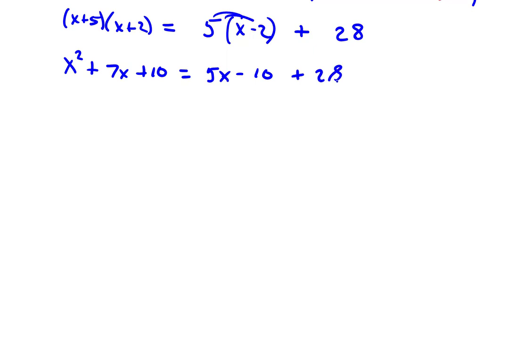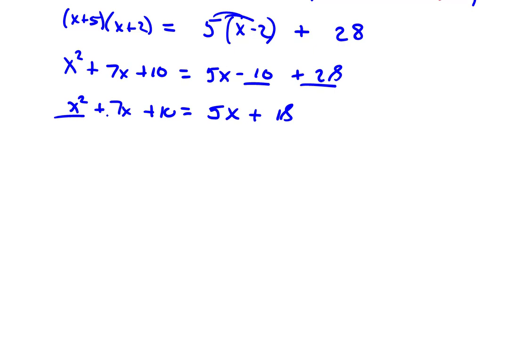And now this is just a quadratic equation we can solve by combining like terms. So let's go ahead and continue to finish that off. We have x squared plus 7x plus 10 on the left side. On the right side, we can combine the negative 10 and the plus 28 to end up with 5x plus 18. And then we want all the terms on the same side, and we'd like them where the squared term